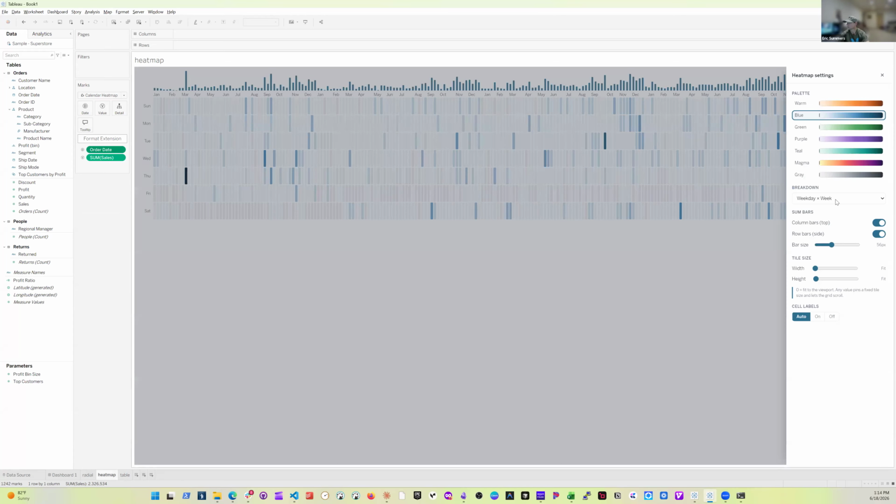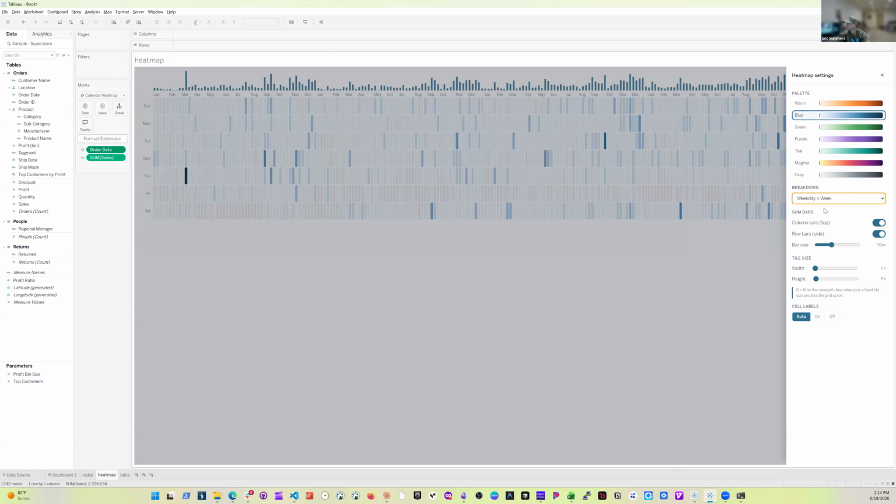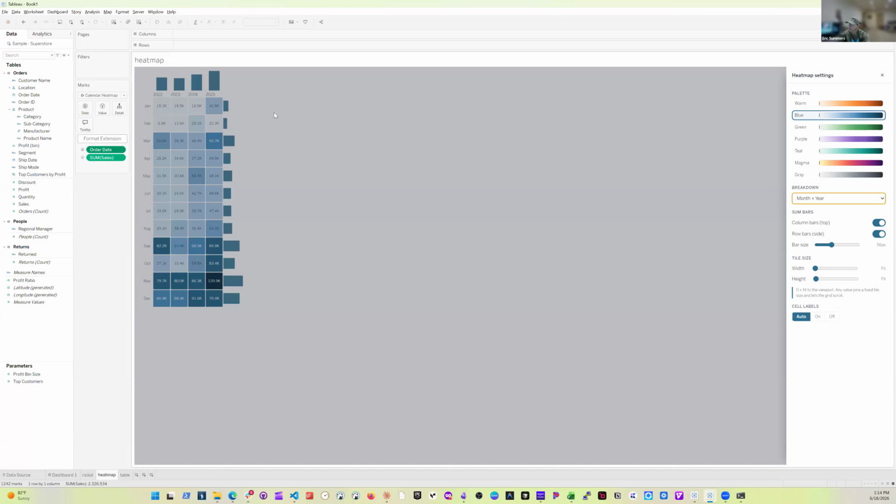And so what I want to do is day of month and month. I do want to swap those. So month, I'll have to, so like what the selection looks like now changed. It's not as detailed. You only have these options, but you could do month and year. That's a good one, actually. So I can